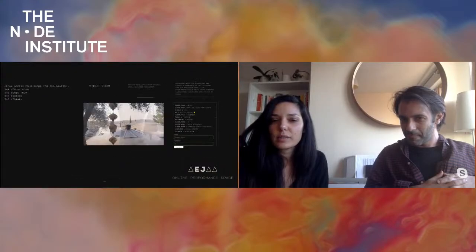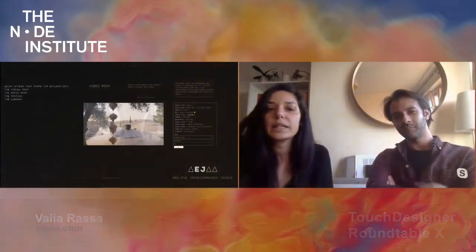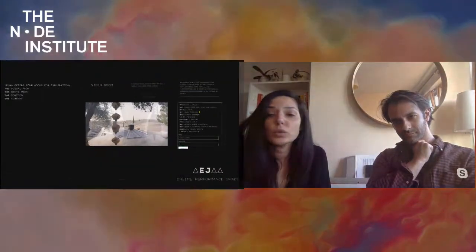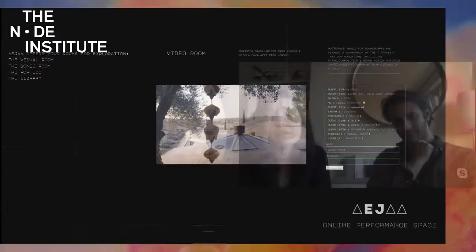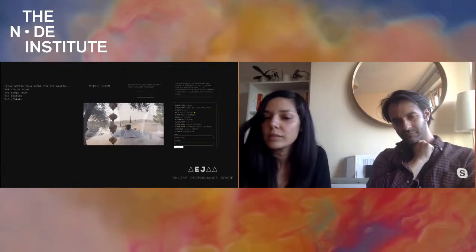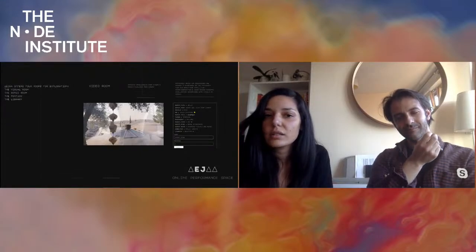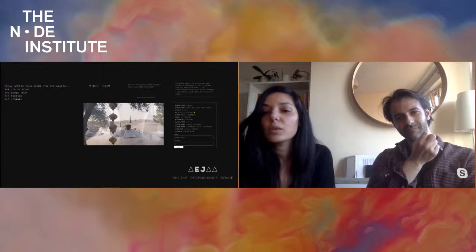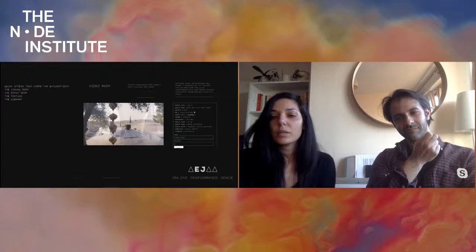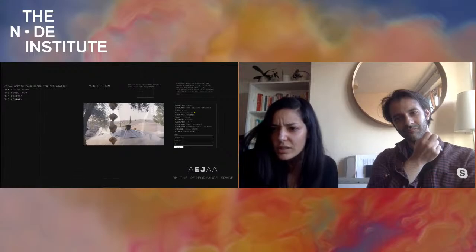Okay, so as I read, the initial idea was to create a space where performances could take place, artists could collaborate remotely, and the events and the happenings would be interactive. So we decided to wrap up all these ideas and create a medium with its own aesthetic frame, and we followed an architectural approach.